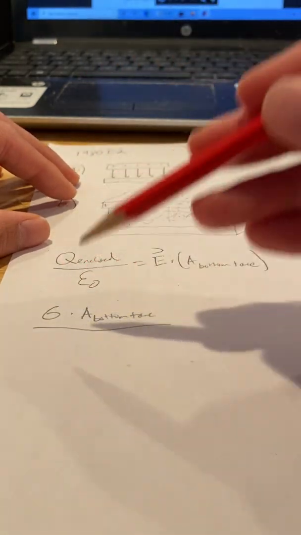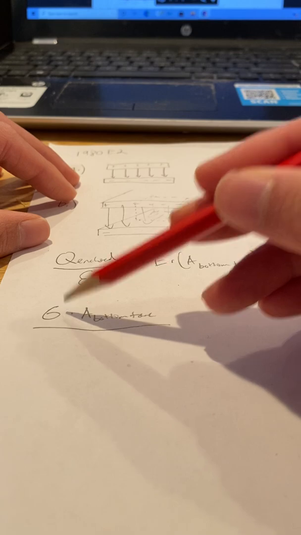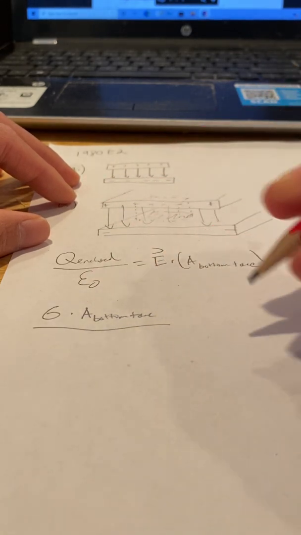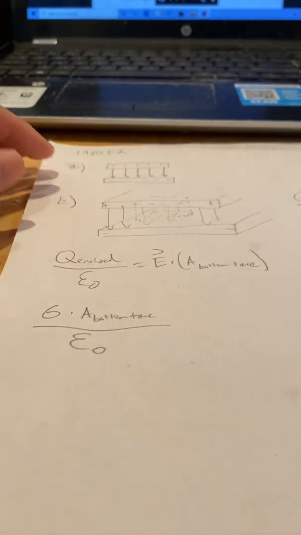So the charge enclosed is the charge density per unit area times the cross-sectional area, which is the same as the area of the bottom face, over epsilon naught,